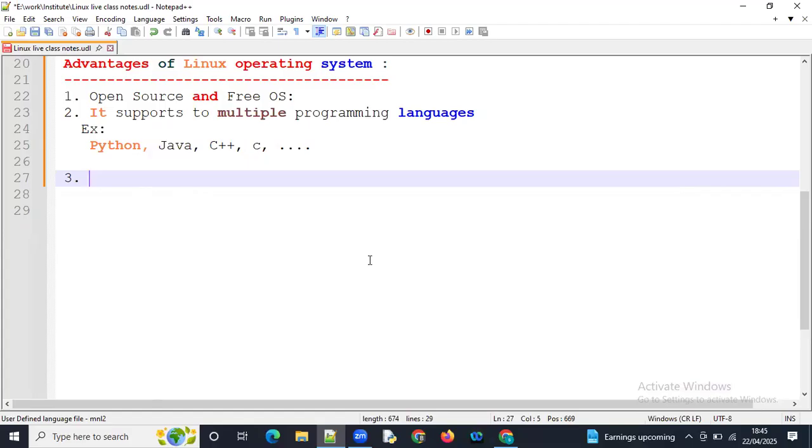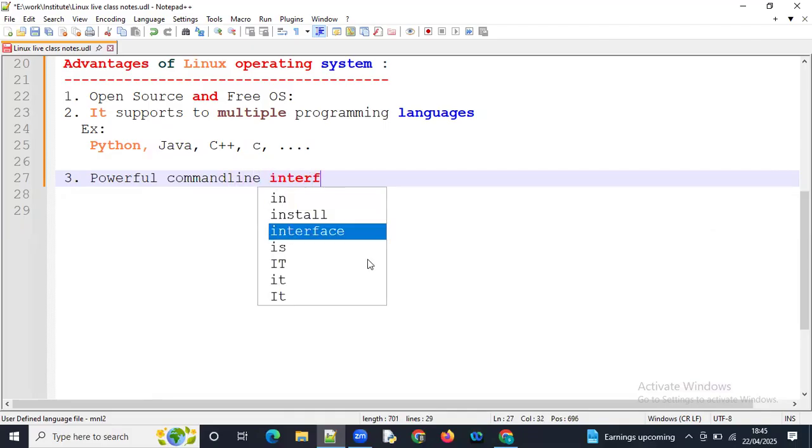Next, it is easy to interface between the operating system and the user. It has a powerful command line interface. It means that it can support easy commands, like bash shell scripting.